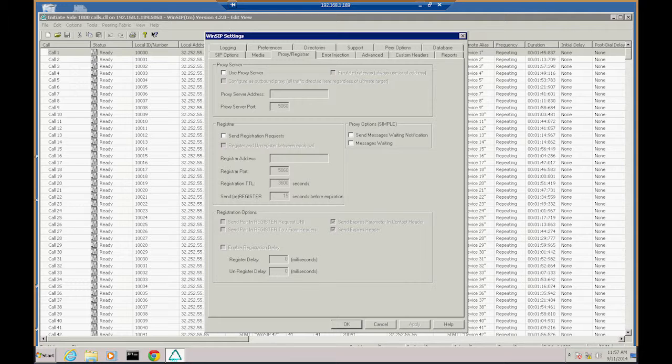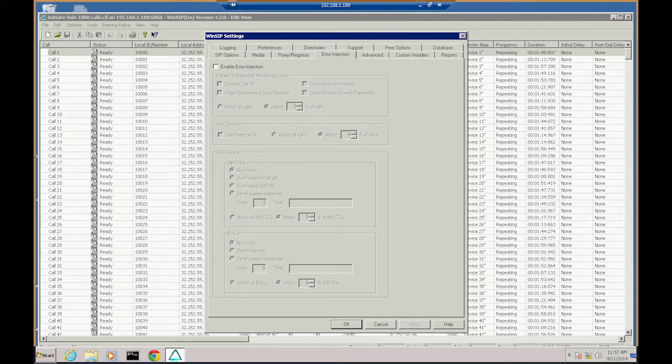And next is error injection, which is if you want to do some negative testing, you can enable that. You can see the options pretty much, like you can select change call ID for like 20% of the calls. So in the middle of the call, it will change the call ID, or drop a require header, drop a branch parameter, etc. It all depends. Or you can also say don't send ACK, or affect all calls,